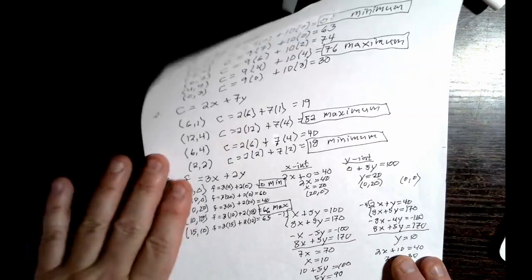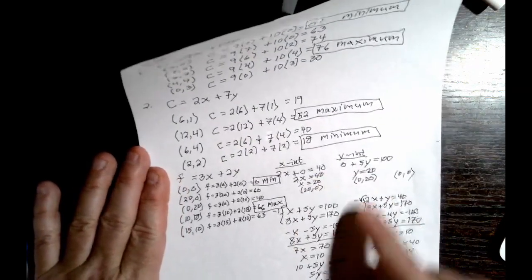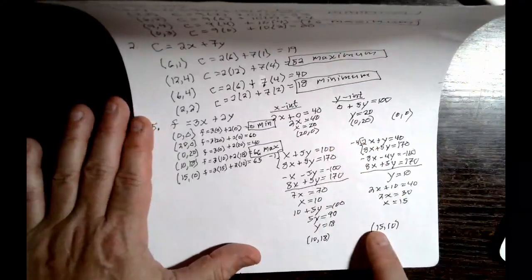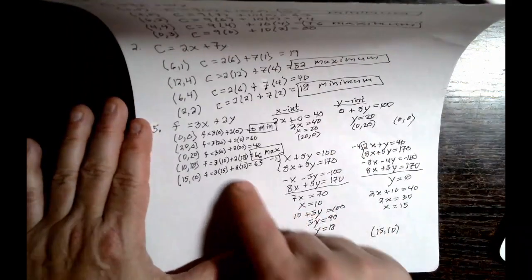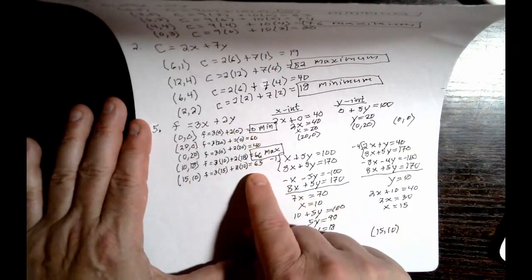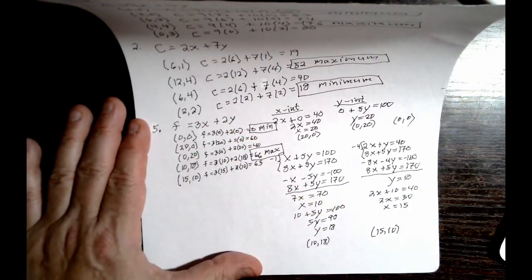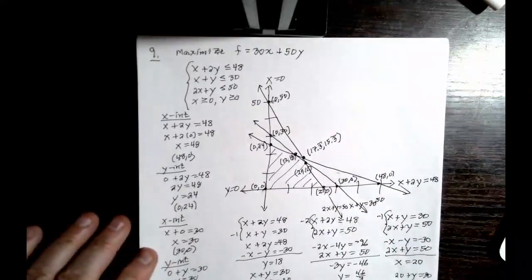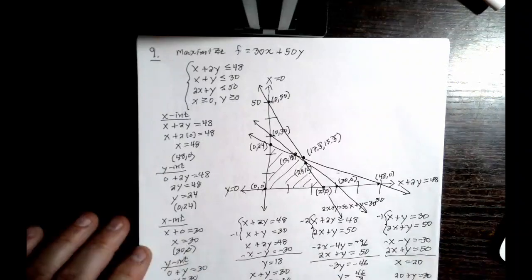they don't give you the corners, so you have to do some work to find all your corners here, x and y intercepts and a couple of floating corners out there. And now you take all of them and plug them into this guy and find your minimum and your maximum. Number 9 is the one that I started with. Okay, they give you